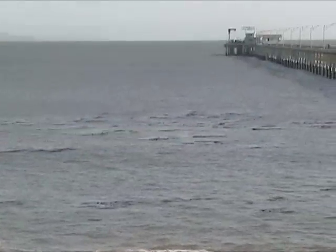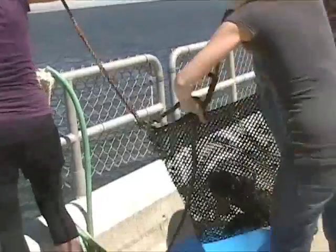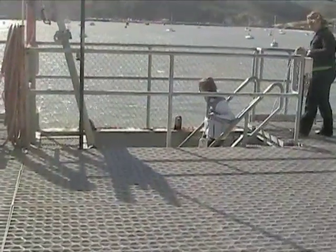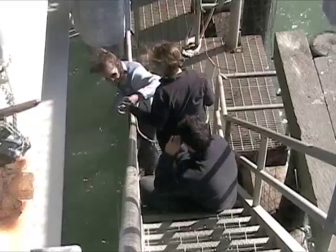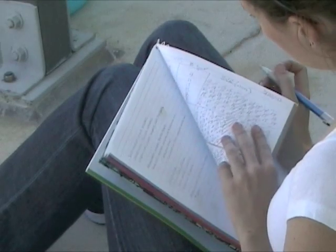So our class is aquaculture, and we get to do our lab out at the Avila Pier at Avila Beach. Aquaculture is kind of the farming of marine organisms. We set up our experiment to track the growth rates and mortality rates for oysters at two different depths of the water column. We're doing a statistical analysis of the two depths to compare, to see which one is best for the